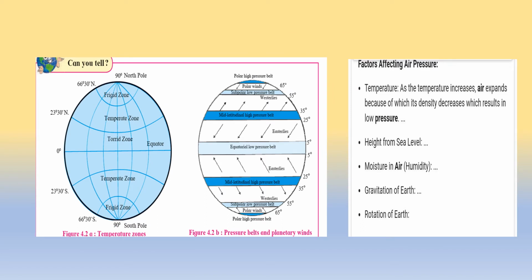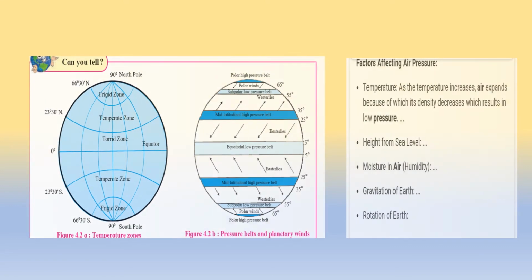We have also studied diagrams about the pressure belts, the planetary winds and the temperate zone. To understand these diagrams, my earlier diagram was important. What are the different zones which are formed at different latitudinal levels? Now the next important point